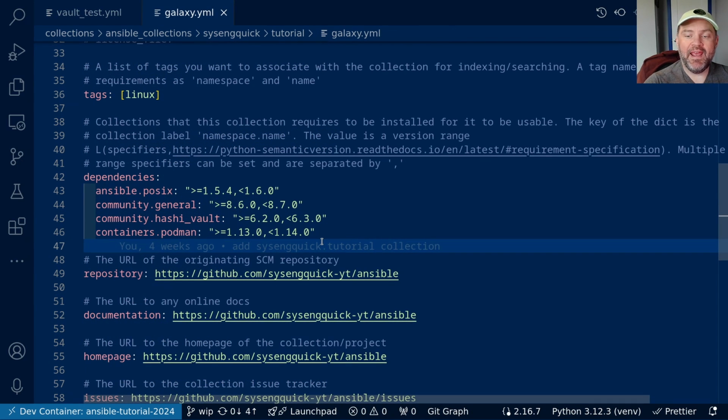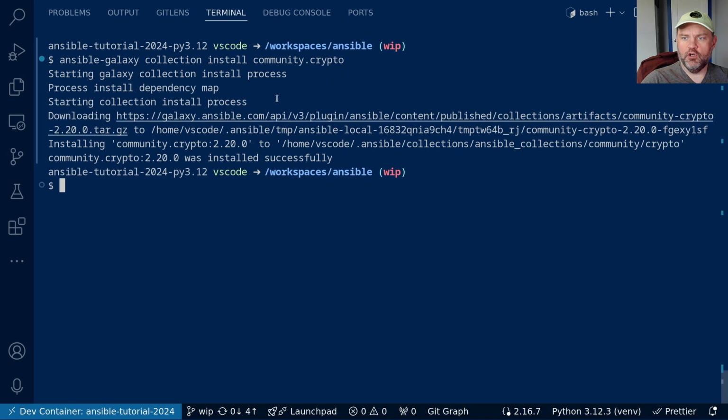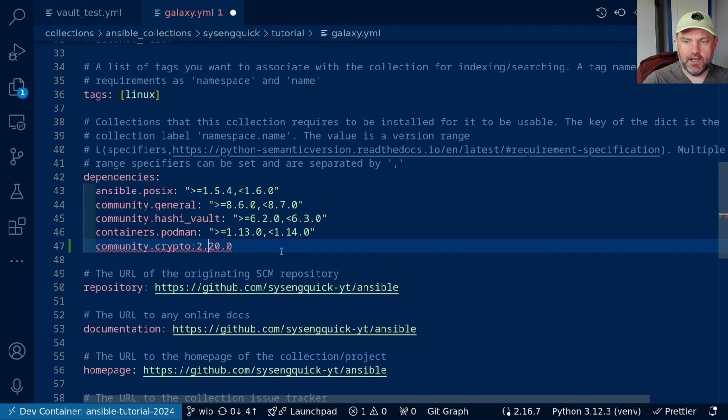To generate a TLS certificate that we can use to do encryption, we're going to use a collection called community.crypto. So let's go to the CLI and do ansible-galaxy collection install community.crypto. It's going to install version 2.20. I want to go ahead and add that to the command line here in our galaxy.yaml file. So we'll go ahead and do that. And I'll say I want it then to be greater than or equal to this version and less than version